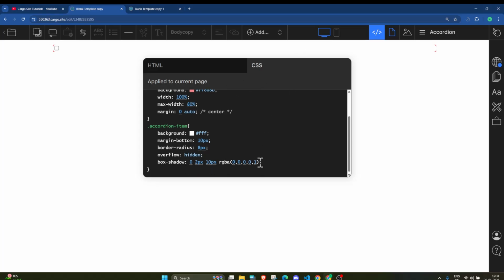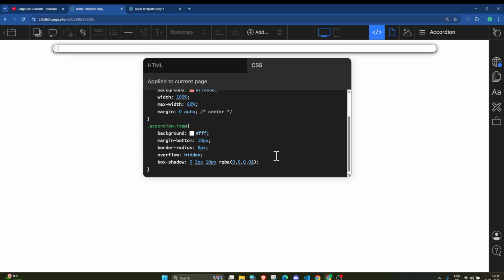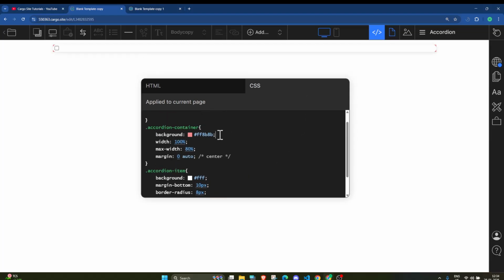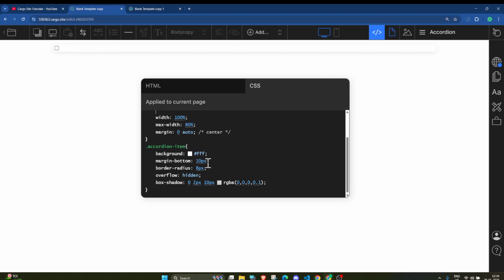So this is 0.1. Here you can see, and I will remove this above background for now, and you can see that I have styled the accordion item.